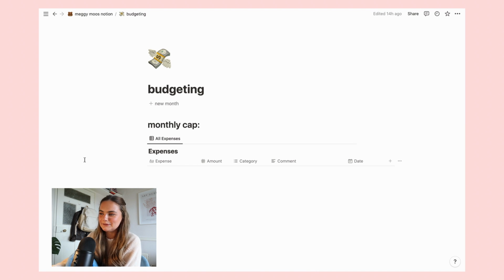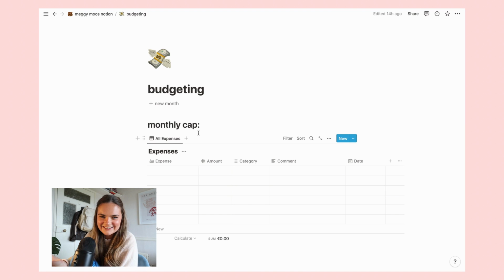Budgeting is one that I definitely want to use more of. They don't teach you this stuff in school. As you become an adult, you realize it's more and more important to kind of keep track of expenses, keep on top of that stuff, make yourself aware of what's coming into your account and what's going out. They don't really teach you this stuff in school, but it's okay because Notion has come and saved the day,